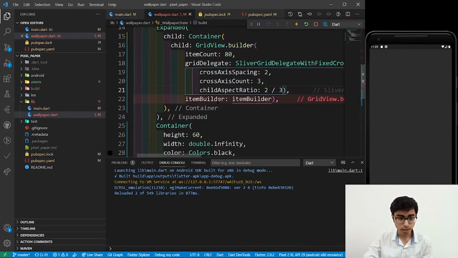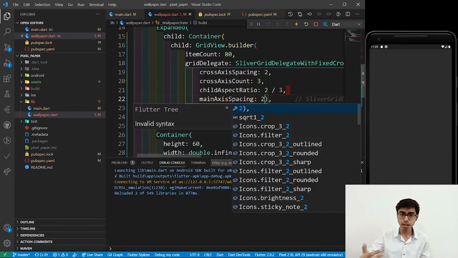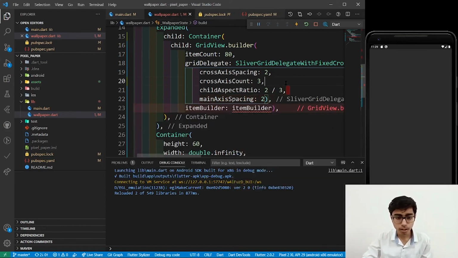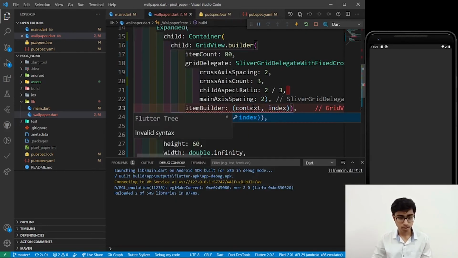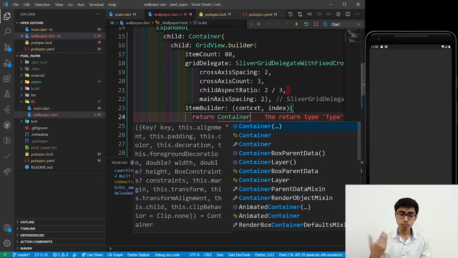And we also have to define the mainAxisSpacing. That means the spacing between the rows. So mainAxisSpacing will again be 2. So same crossAxisSpacing and same mainAxisSpacing, right? Now in the itemBuilder, let's define the itemBuilder as context comma index, and for every item we want to return a container for now, but after some time we will return the wallpaper.